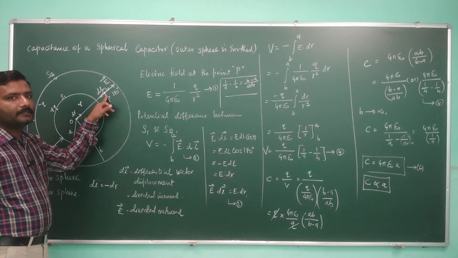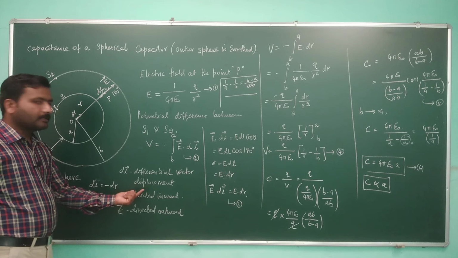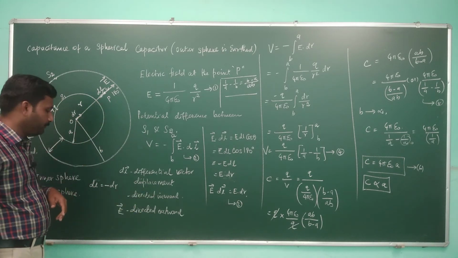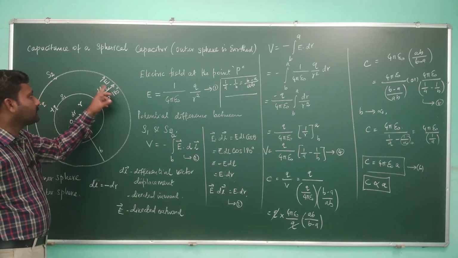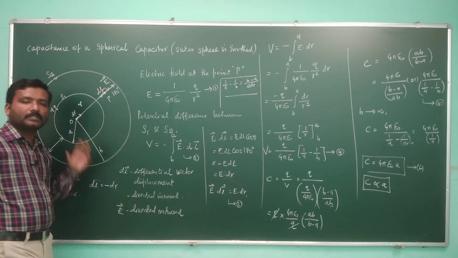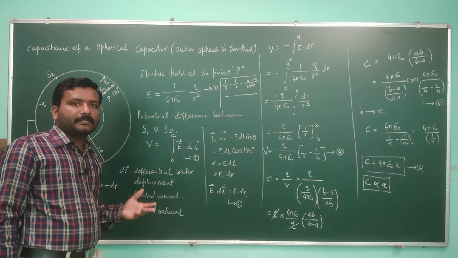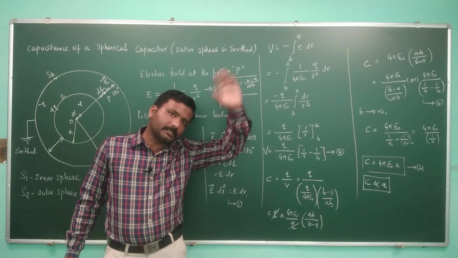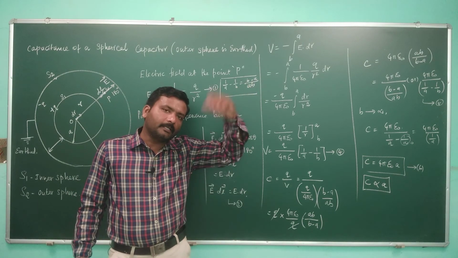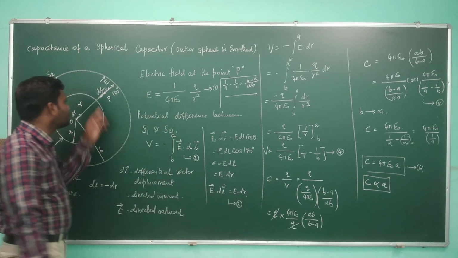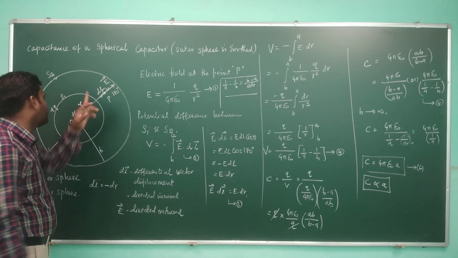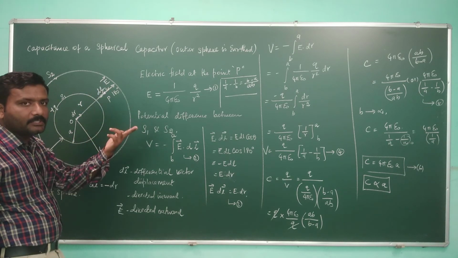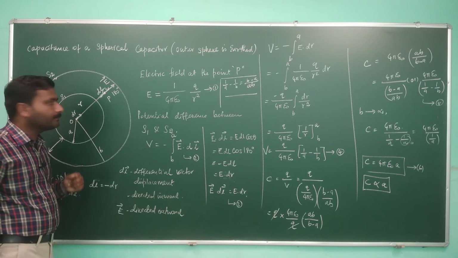and dl is the differential vector component for displacement. It is directed inwards towards origin O, while the electric field component is directed outward, with the concept that the electric field coming out of a charged material will always be directed outward from its surface. Here it is a sphere. At any point on the surface, the electric field will be directed outwards. So E and dl are directed opposite to each other, so the angle between them will be 180 degrees.